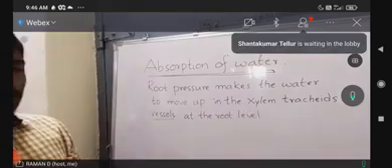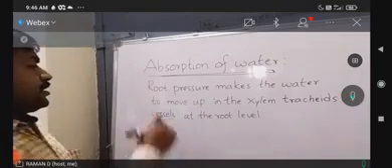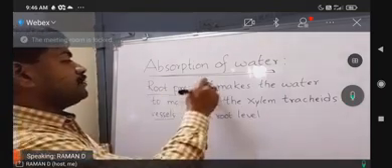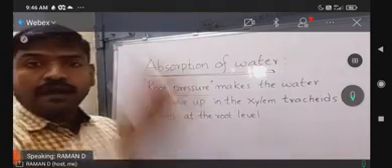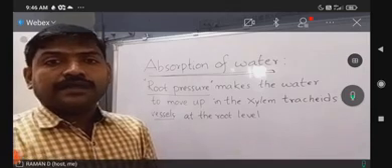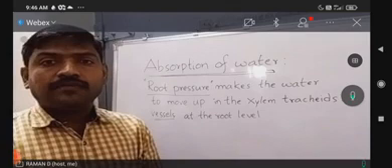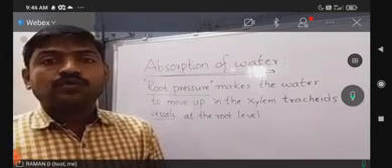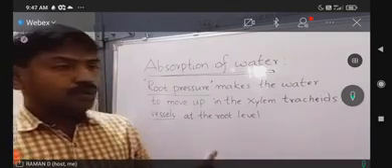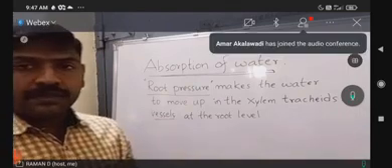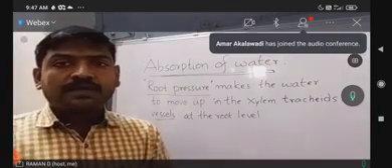But alone, root pressure cannot make the water move to higher heights in large or tall plants. Then what makes the water move up? So it is root pressure that is pushing the water upwards.